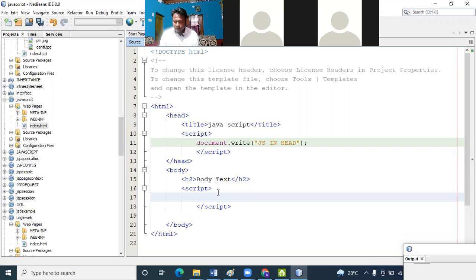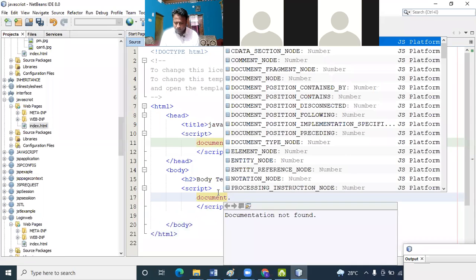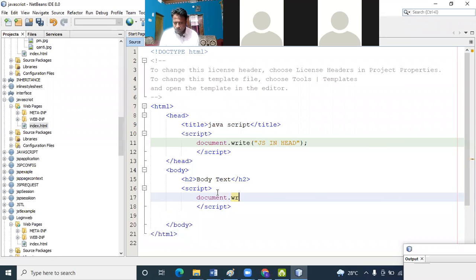Tag, then document.write. So here we pass JS in body.